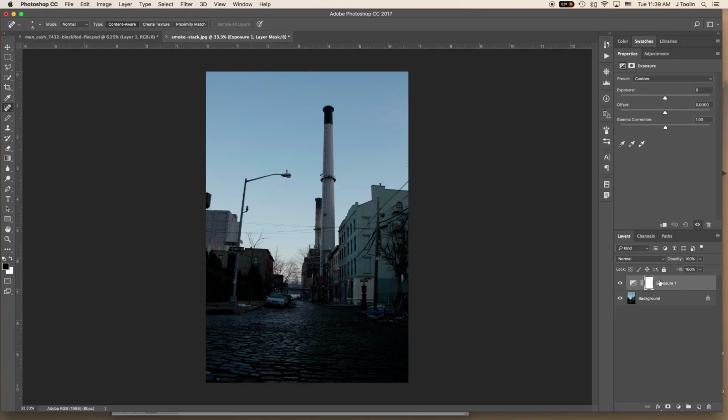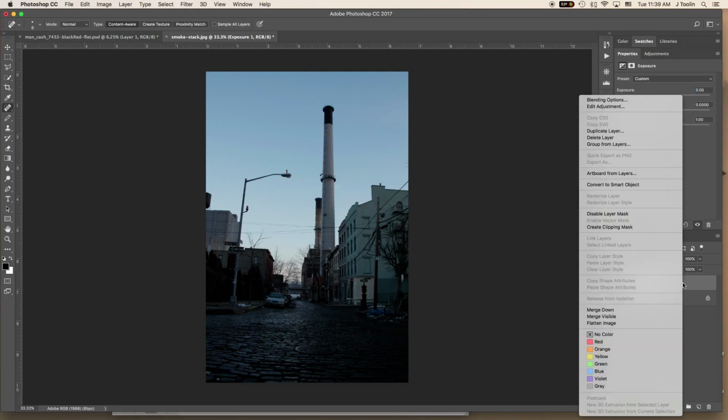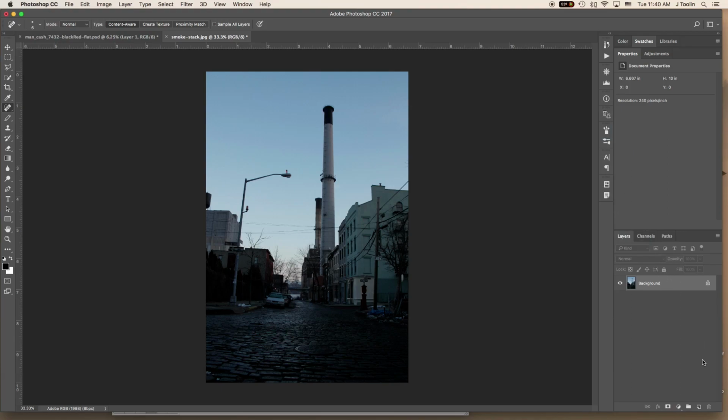And now that I'm looking over here in the layers, by the way, I do have a new adjustment layer, right, that just for playing around with that exposure adjustment. I don't want it. I can get rid of it by right-clicking on it and say delete layer, or I can drag that layer and put it in the trash can down at the very bottom of the layer palette, right down there. Okay, so I'm going to go to one of